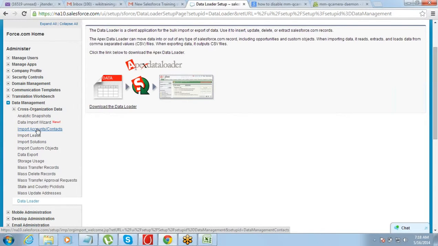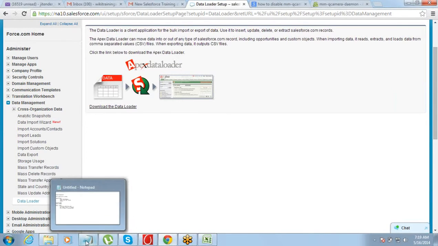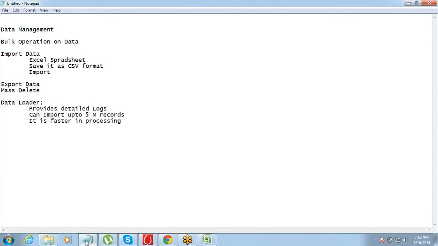Okay, so you cannot import anything from here, but using data loader you can import anything. So in data loader you will have the option of importing opportunities, cases, and all those things, right?